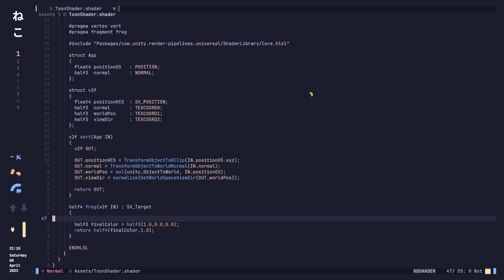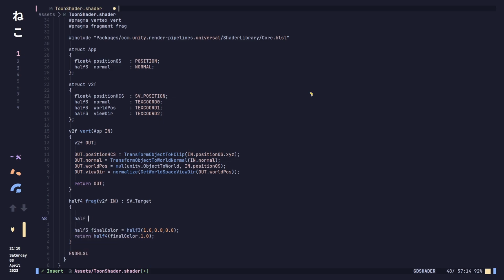So one thing that can be useful to us is, the way we're going to be doing this effect is we're going to be working with the surface normals of that object. So if we want to visualize those, we can actually color the object with those surface normals. And so our surface normals are going to be another half3, and this is going to be the color. So if we do fill color, we can set that equal to in dot normal,